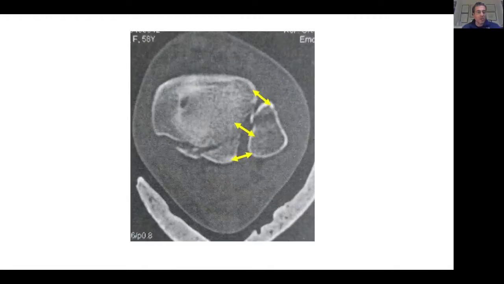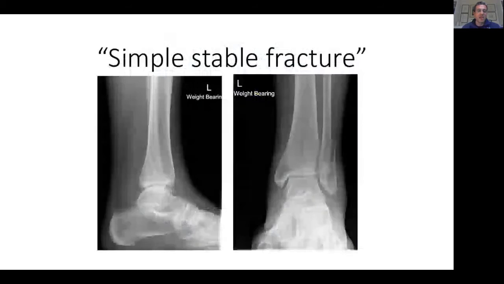And as you can see here, we have to think of the ligamental structures as well. As you can see, this fibula is not well aligned within the incisura. The ligaments might be intact, or sometimes they're injured, as well as, at the same time, the bone. But it's the bony injury, the avulsion of the bony fragments, that causes the displacement of the fibula within the tibiofibular syndesmosis. And that appeared to be a simple, stable fracture.